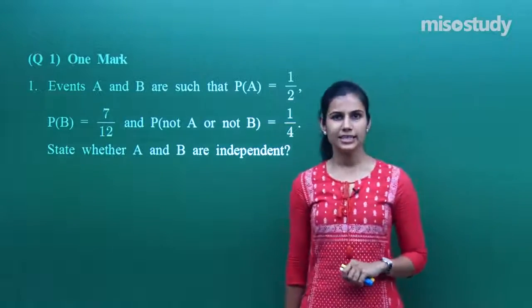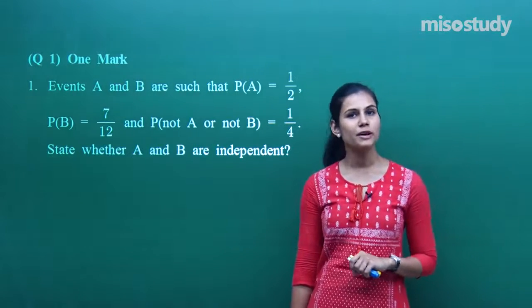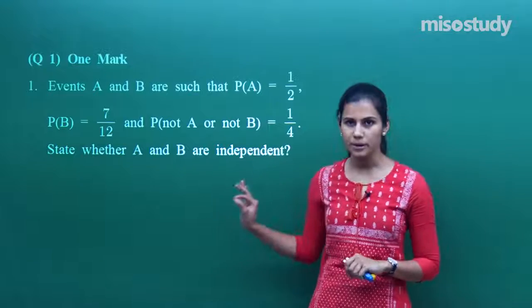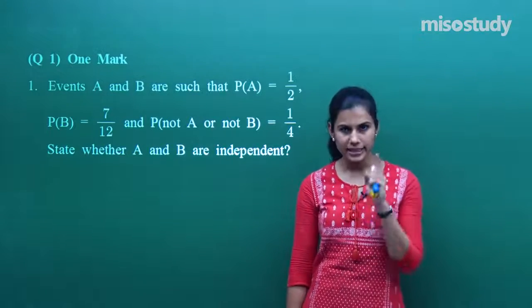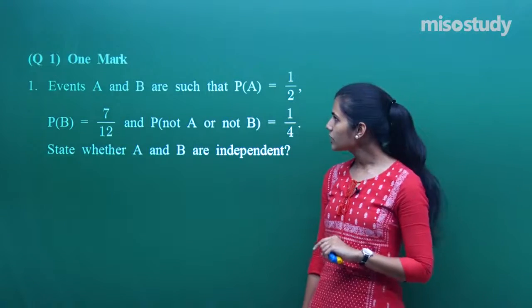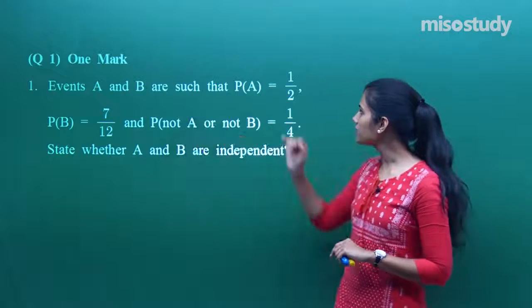Here basically starts with the first question. First question in here is for 1 mark. We are discussing the CBSE pattern question exercises for probability, class 12th. The first question for 1 mark gives us 2 events, event A and event B, such that the probability of occurrence